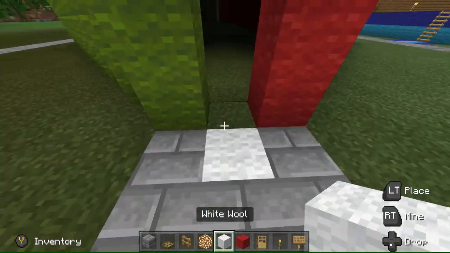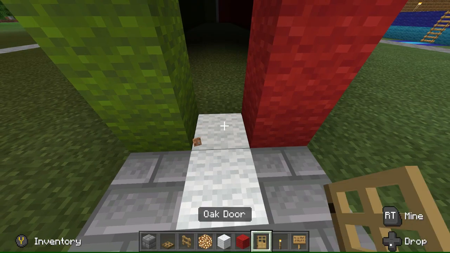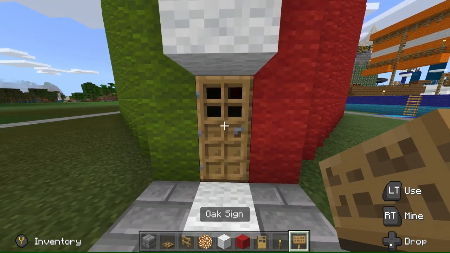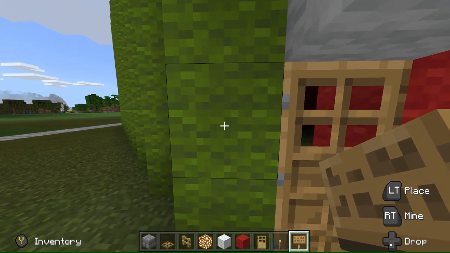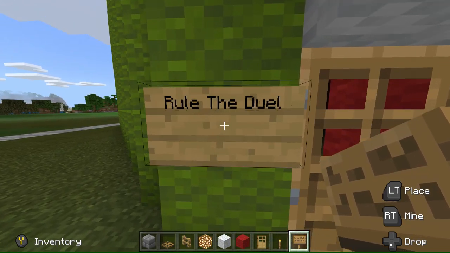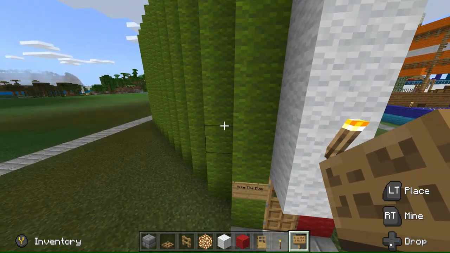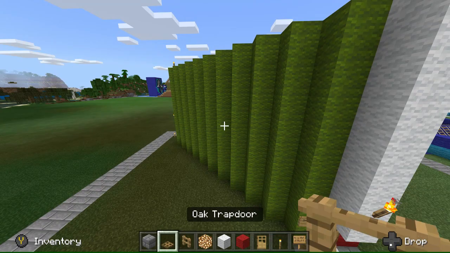In fact, I'm just going to change this one to white wool for now, and put that there. And this is an oak door, and then an oak sign to the left of it saying "Rule the Duel," all on the first line. All the words, each of them are capitalized. And so, right, let's do the